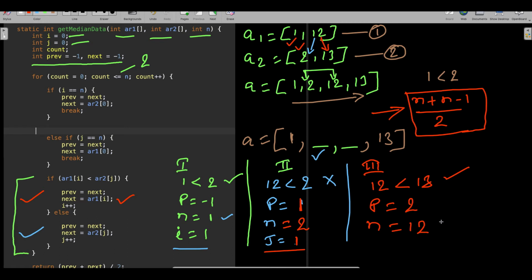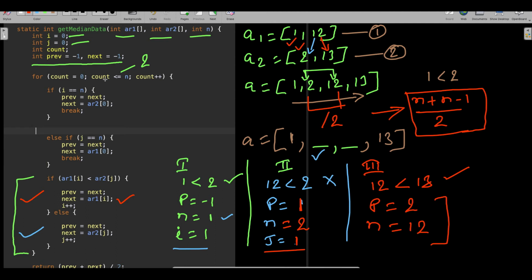Now you try to correlate guys. We were looking for this data only, right? If you try to now correlate, what is the median we figured out here? When you look at this program, this is the median we have figured out, right? 2 and 12, and we divided by 2, right? So did we not get the output, right? We got the output basically because we also got 2 and 12.